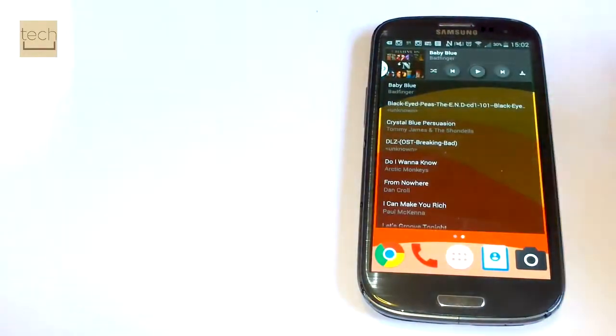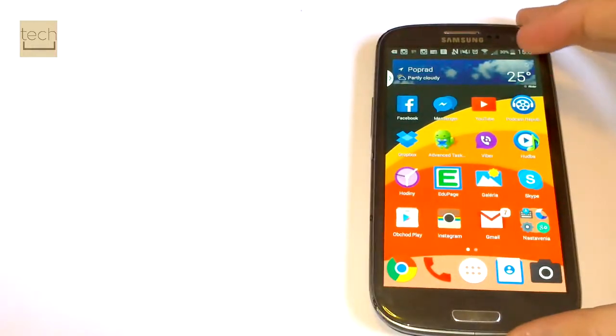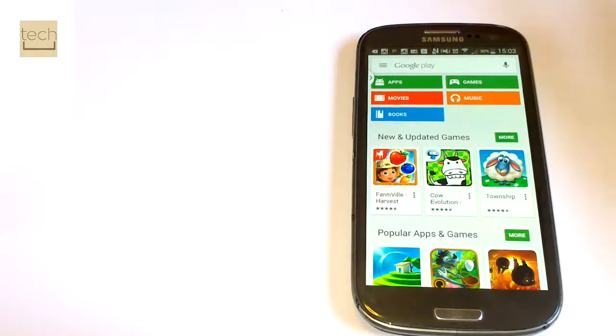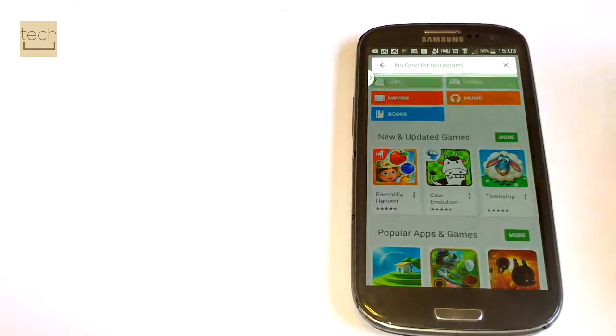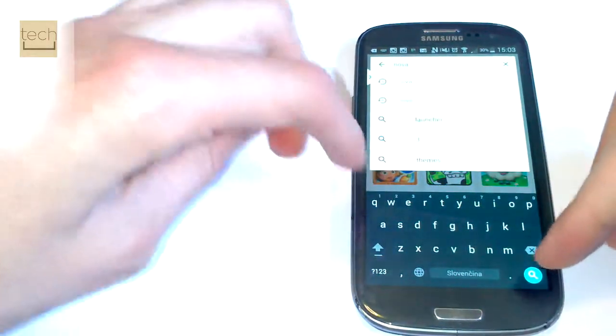The first thing we should do is download some apps. So let's get started. We are going into the Play Store and we are going to search for Nova Launcher. You may know this already, but if you don't, you're in the right place. So Nova Launcher. I just type in Nova,